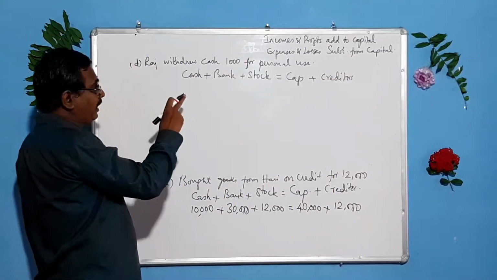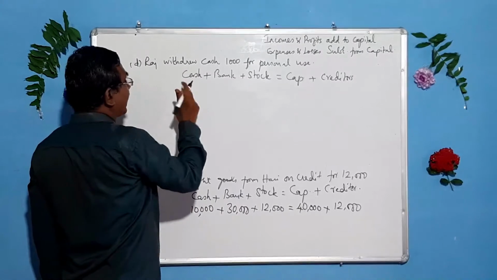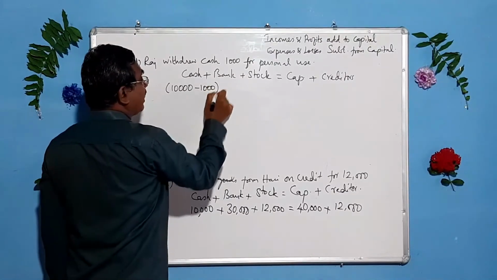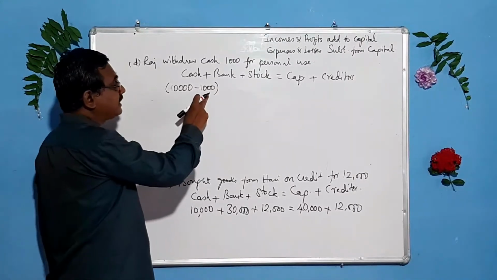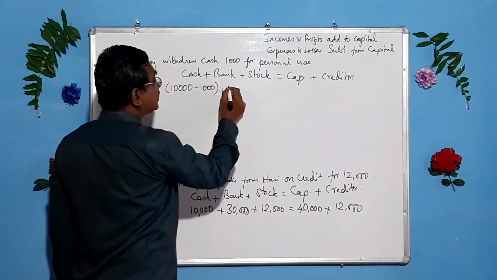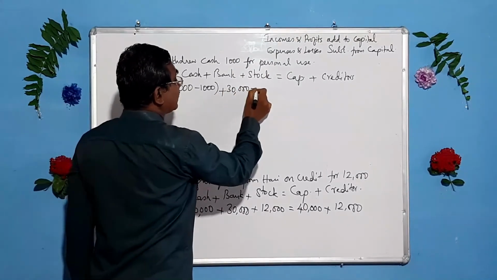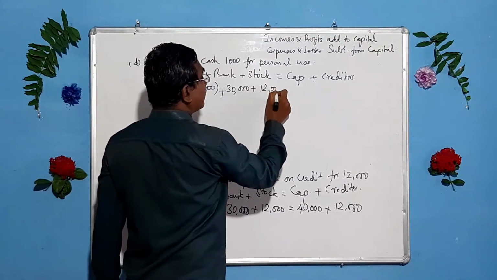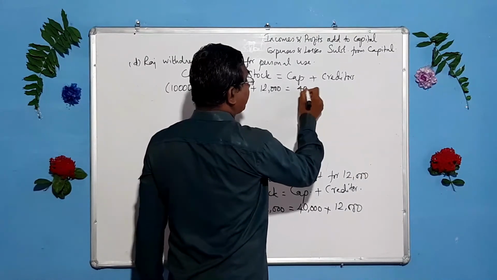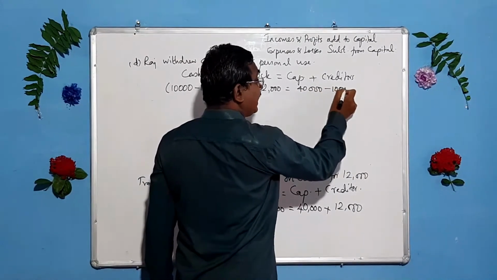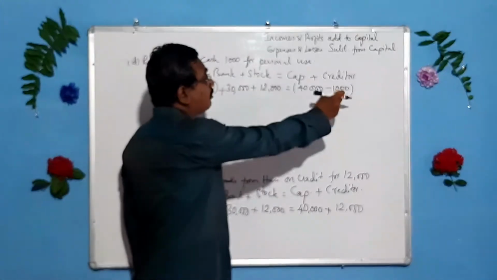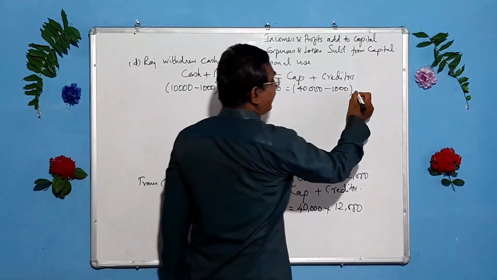He has withdrawn 1,000 rupees for his personal use. So the cash will go down from 10,000 to 9,000. We have to subtract the amount withdrawn by him. That is, he has taken 1,000 rupees from cash. So we have to subtract this 1,000 rupees. There is no change in bank, 30,000. There is no change in the stock. Here, capital. From the capital 40,000, you have to subtract that 1,000 rupees because he has withdrawn 1,000 rupees from his capital. That amount should be subtracted. Plus creditors